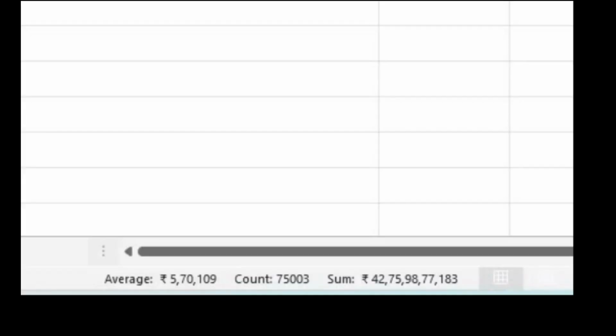In the American way of saying it, it is 42,759,877,183. In the Indian way of saying it, it is 4,275 crore 98,77,183 rupees. So this is how you can quickly compute using the nested if formula.